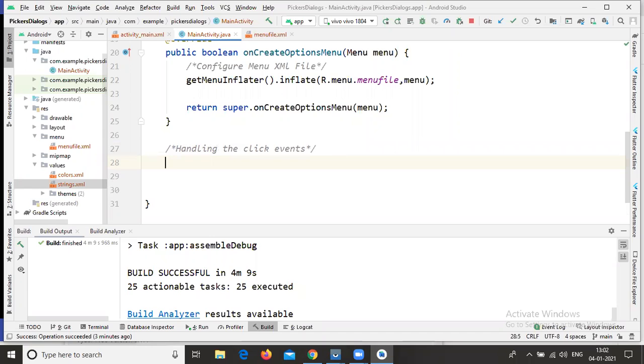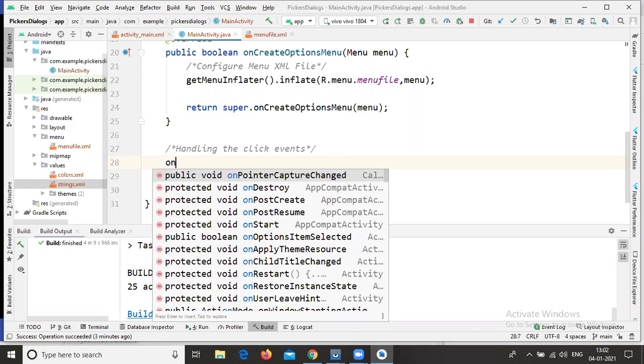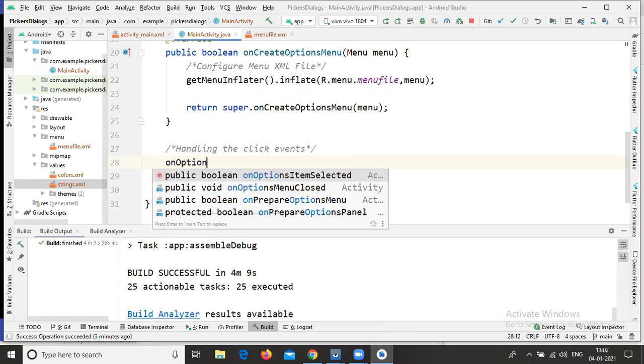Just type here onOptions, item selected. In the suggestions, the option public boolean onOptionsItemSelected is available.